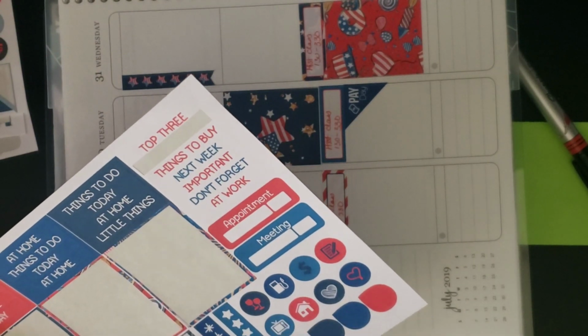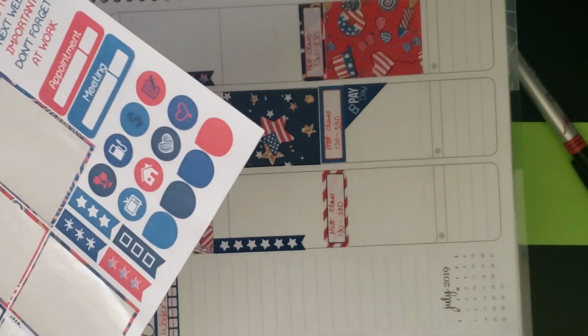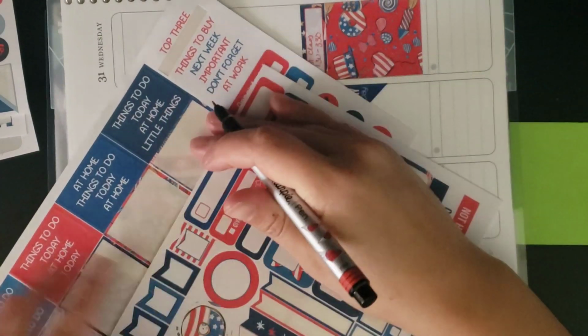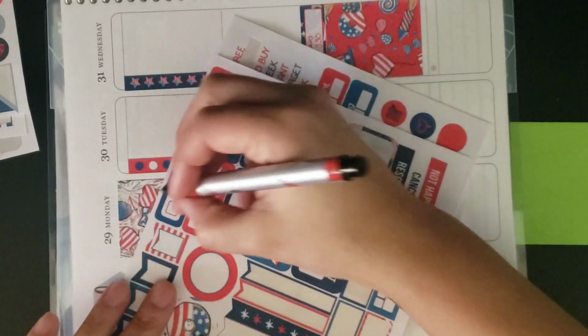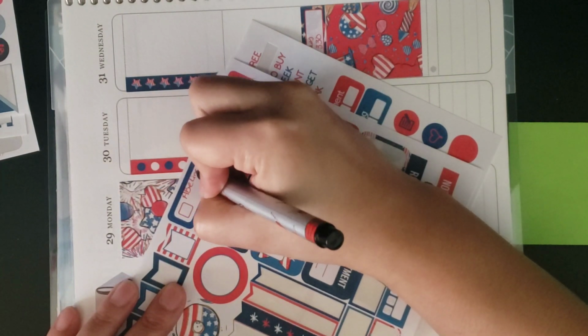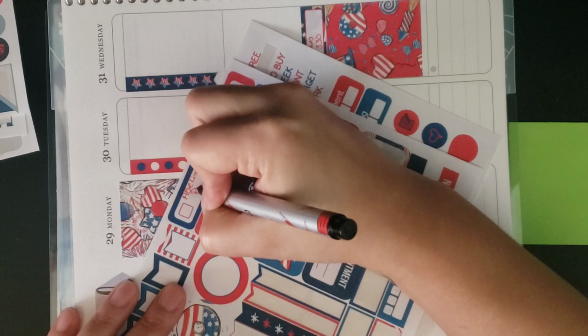What should I mark it with? There's not a lot of things. I guess I'll use one of these, but I'm going to turn it around and do it this way because I like that better. So I'm going to put on here Abe Lincoln PowerPoint,